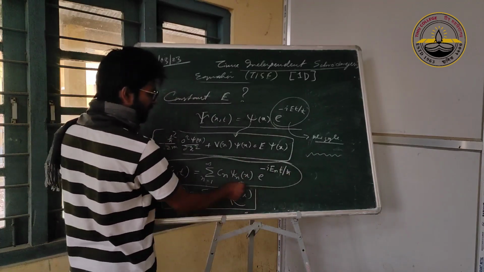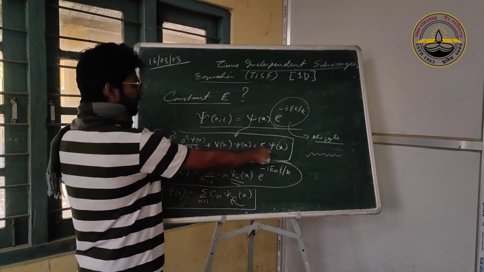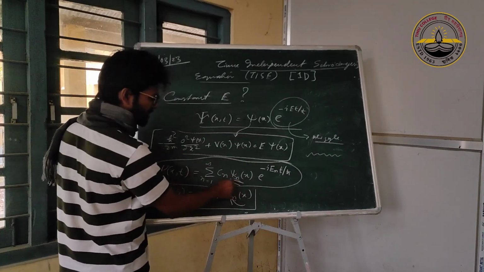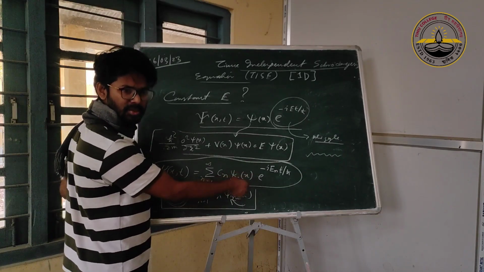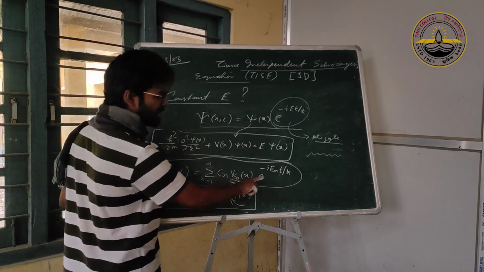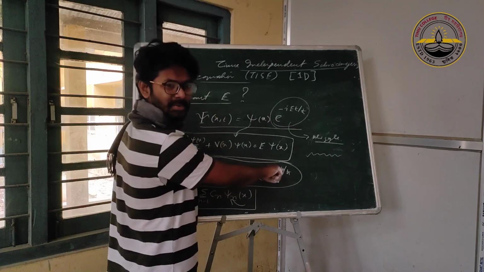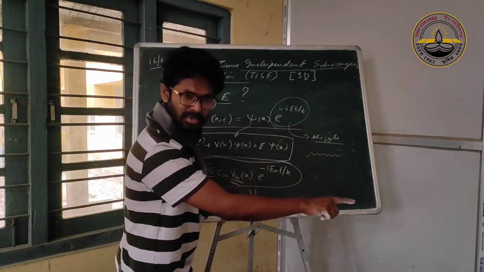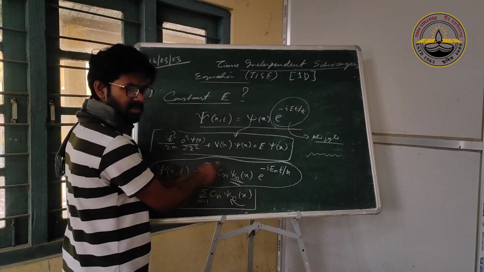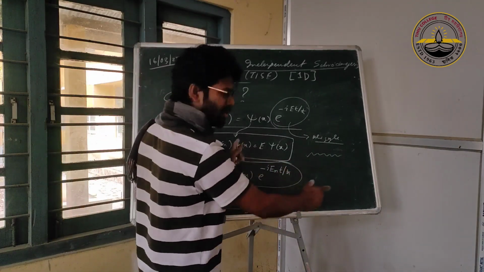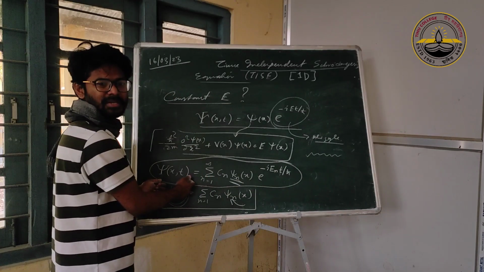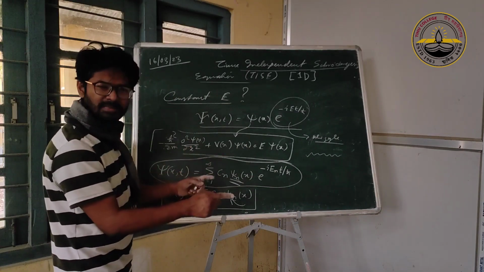So that means if you knew the solutions of the time-independent Schrodinger's equation, these will be a series of psi 1, psi 2, psi 3 functions, and for them there will be a series of corresponding e to the power minus e1 t by h cross, e2 t by h cross. If you plug them in and choose your constants wisely, you can make whatever general function you want. But of course, within that space.